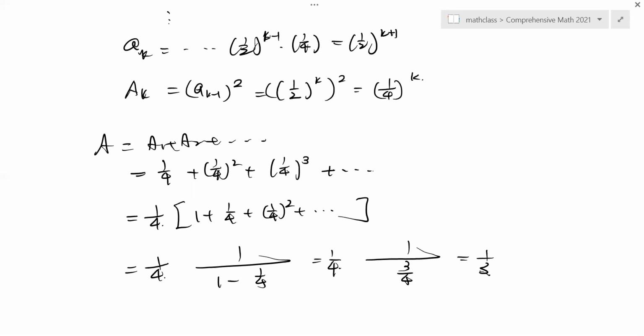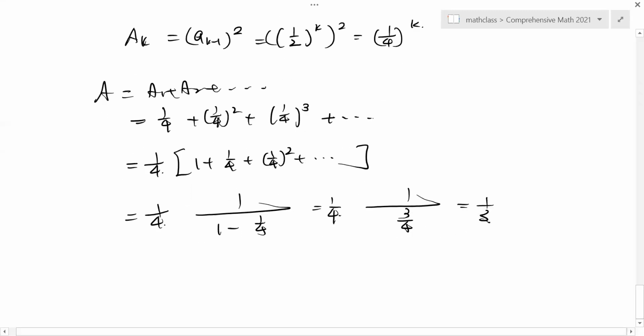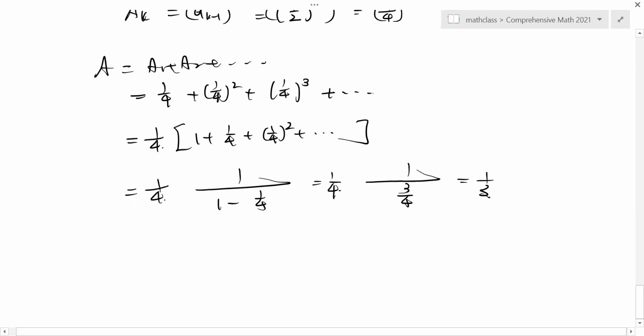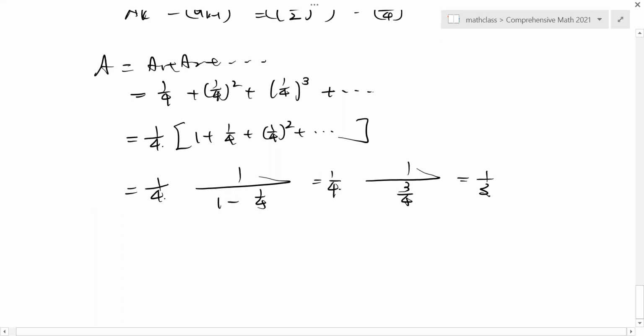Right, so actually it's 1/3. It's about 1/3. Yes, great. Okay, so the key point is you have to find the general formula for the total area at the k-th step. Okay. Right. Now our next problem,